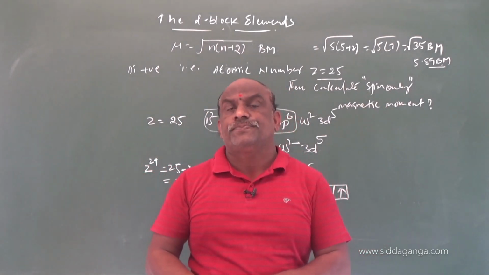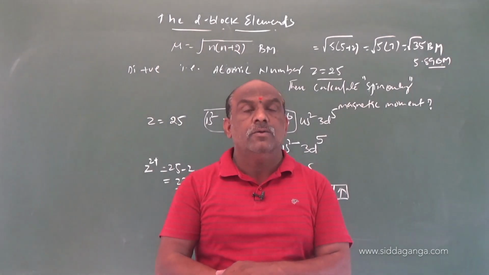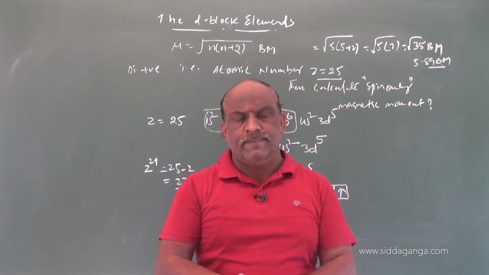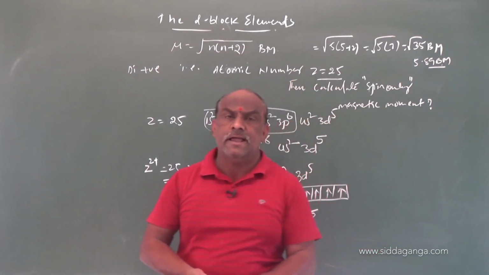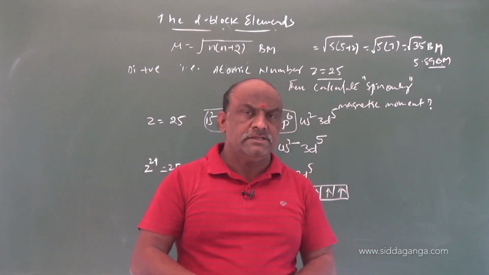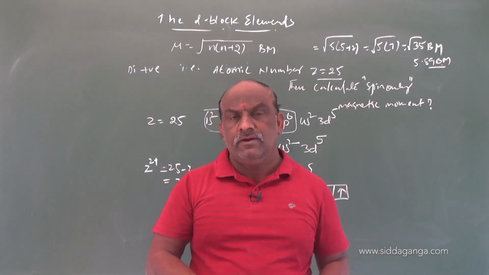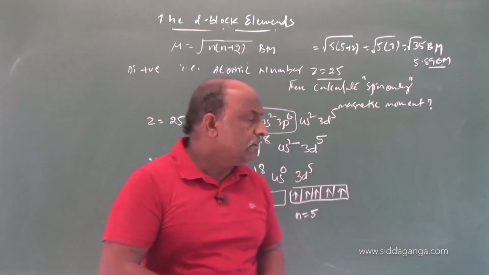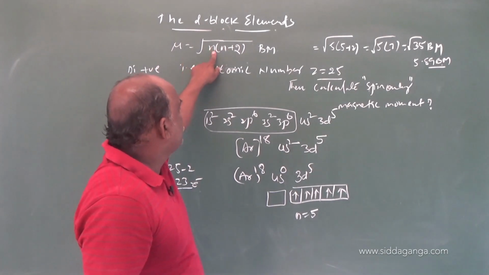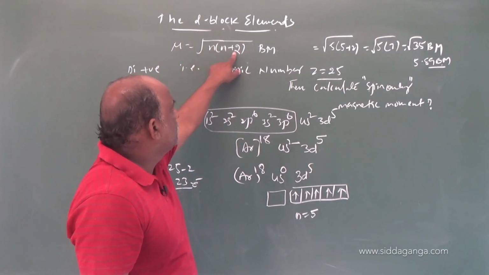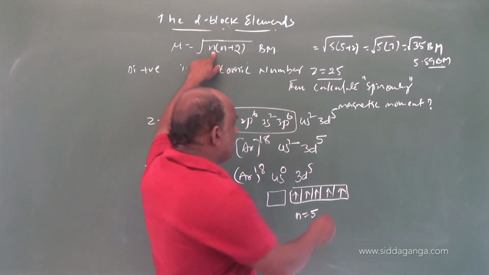So this is the process to calculate the magnetic moment of any metal ion. Some metal ions have magnetic moment 0, which means they are considered diamagnetic substances. Some metal ions have magnetic moment root 3, root 8, root 15, root 24, root 36. Substitute n equal to 1 in this equation. Number of unpaired electrons 1 means 1 into 1 plus 2, that is 3. Root 3 we get 1.732.